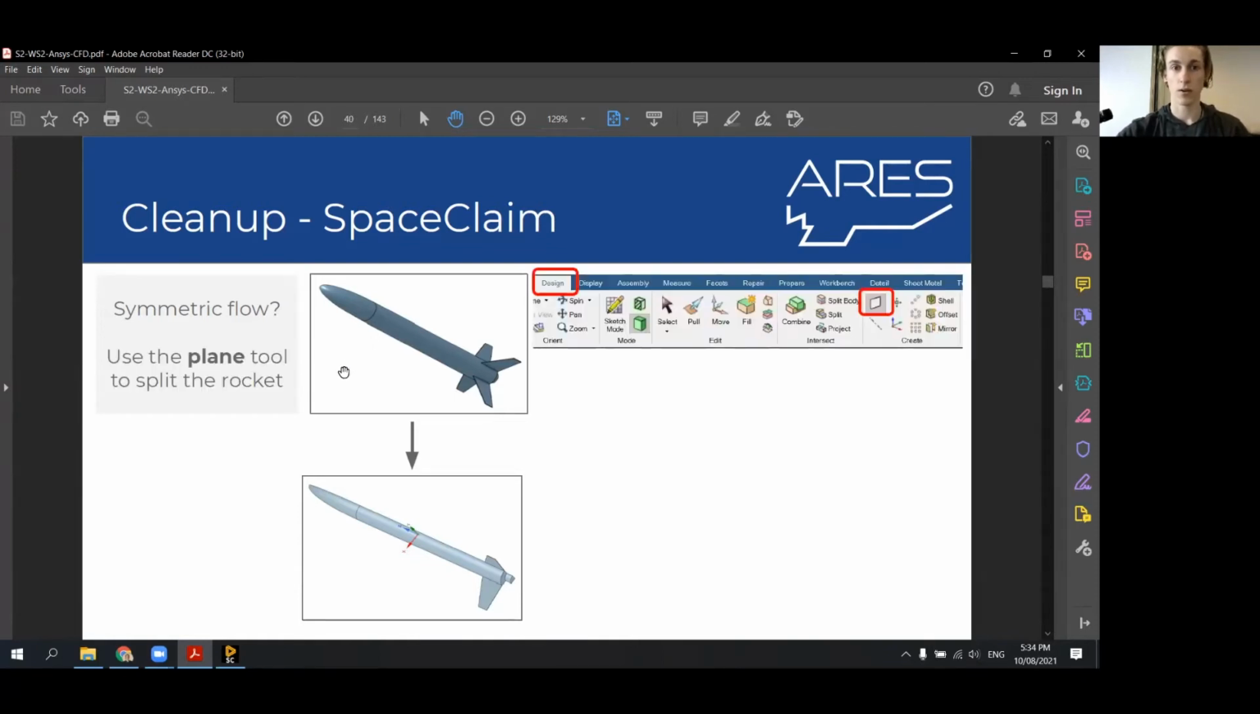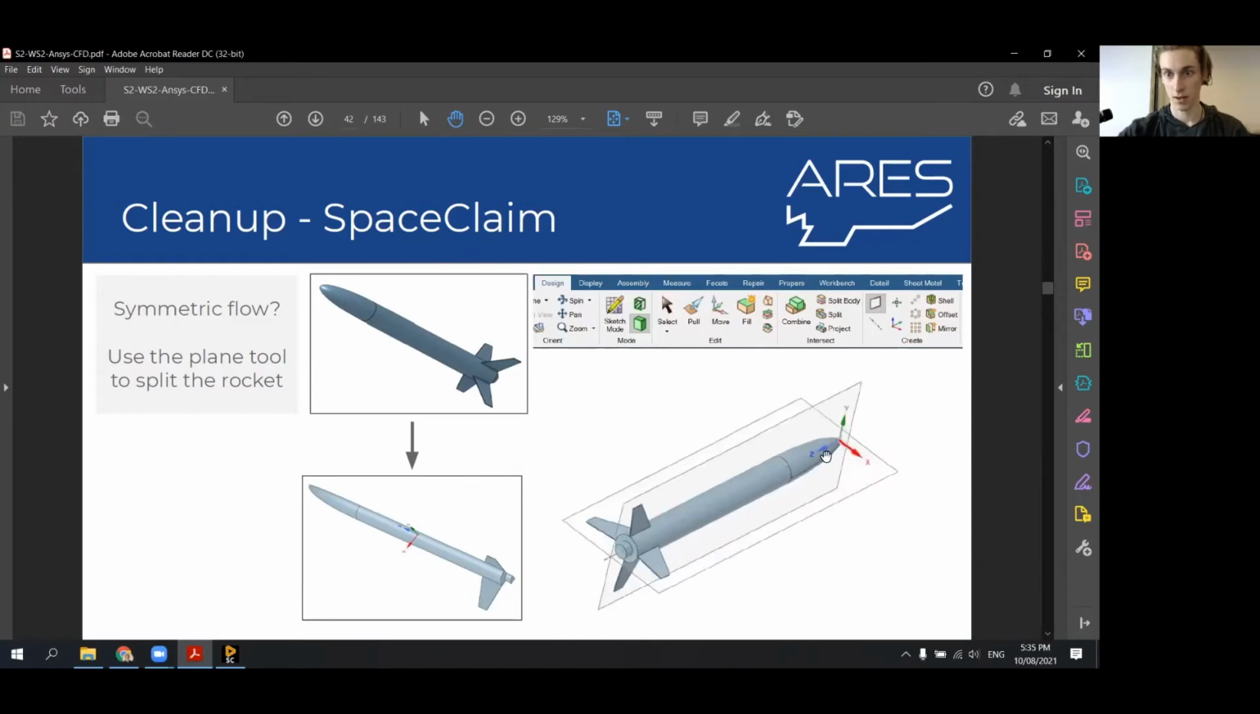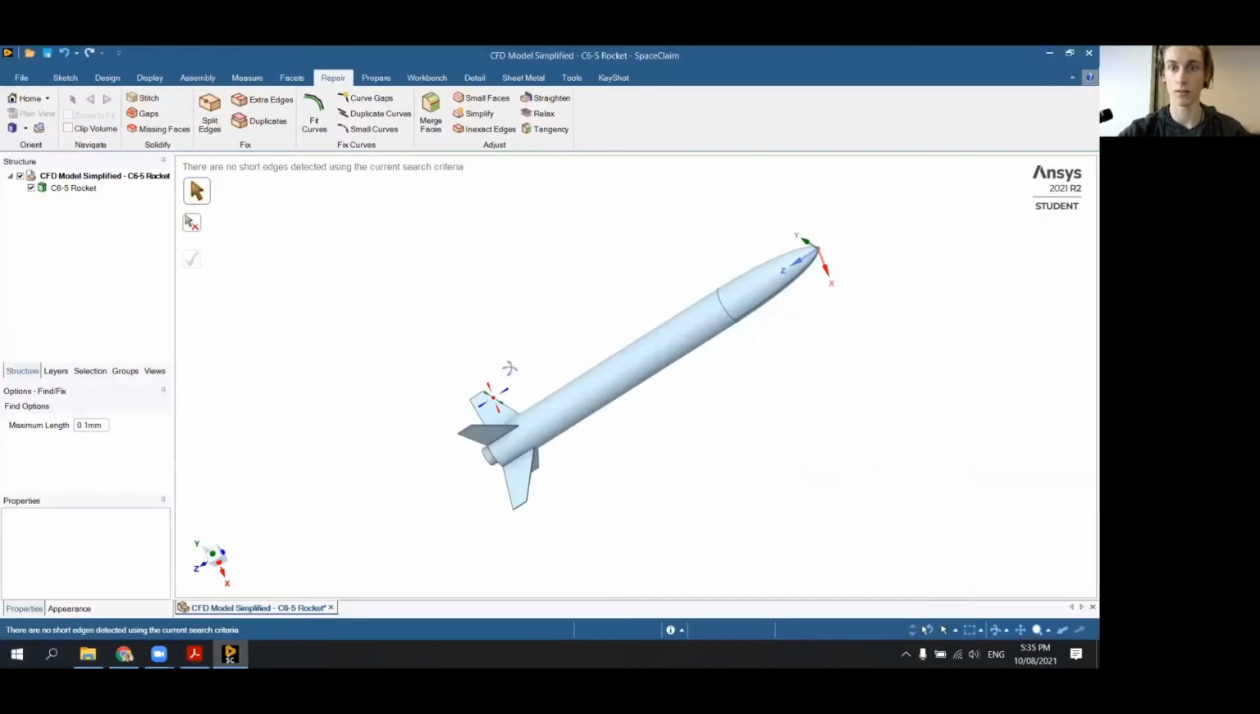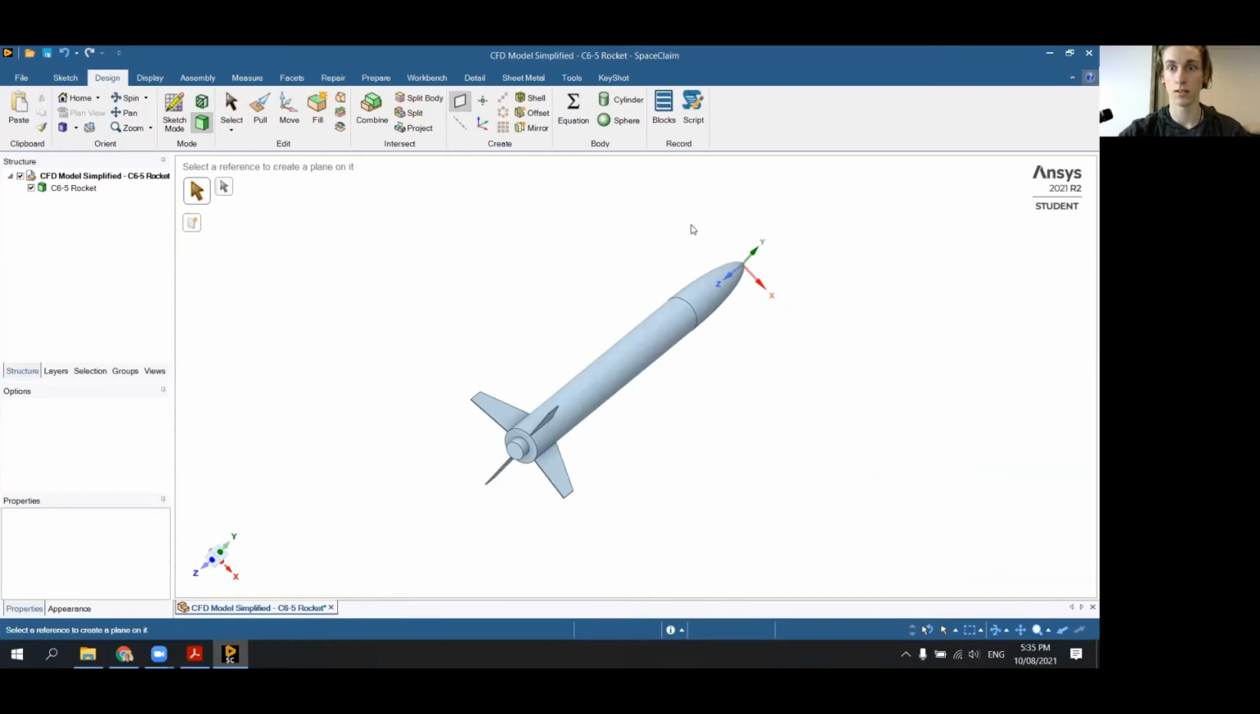So let's split this rocket into 4 because we're going to assume that the flow is going straight down the body of the rocket. We're going to go to the Design tab and we're going to make a couple of planes. Going to select the y-axis and the x-axis, and they're going to create planes normal to those axes. And because our origin is right on the rocket, it's going to be really easy. We don't have to move the planes anywhere. So let's go to the Design tab, Plane, click there,